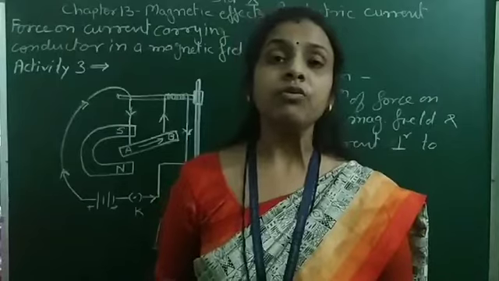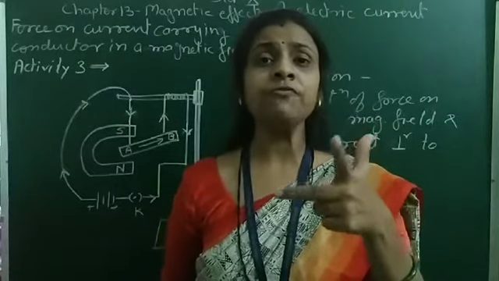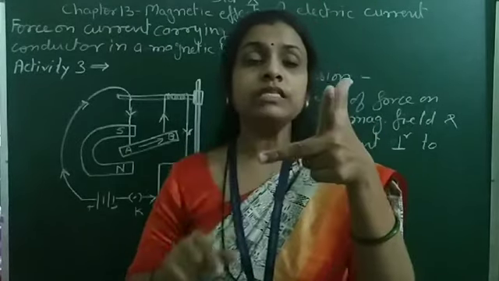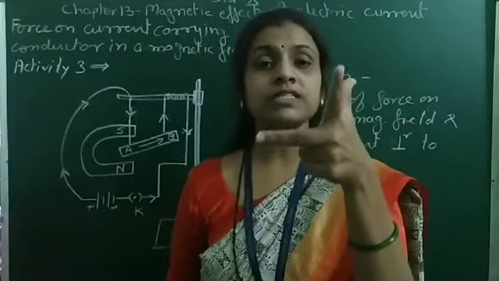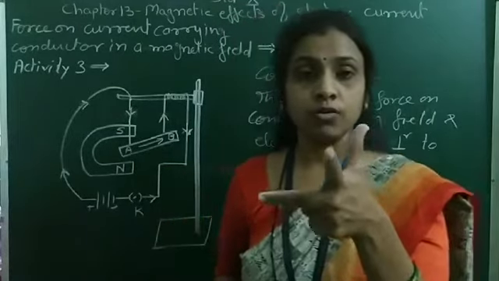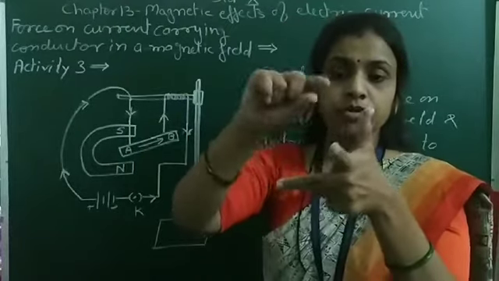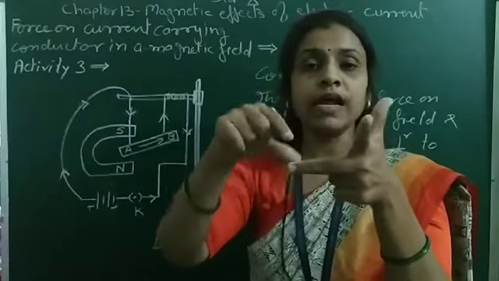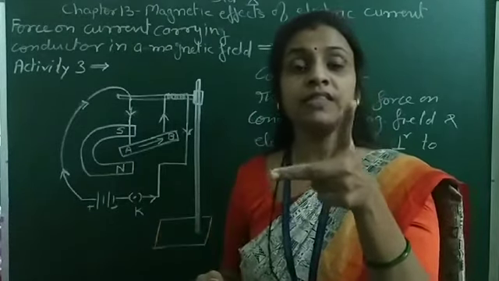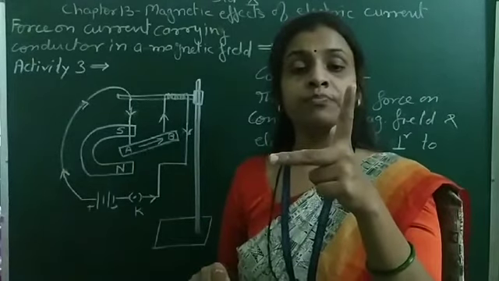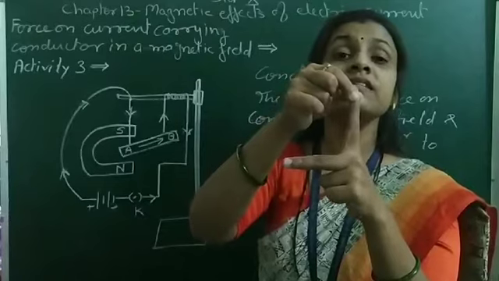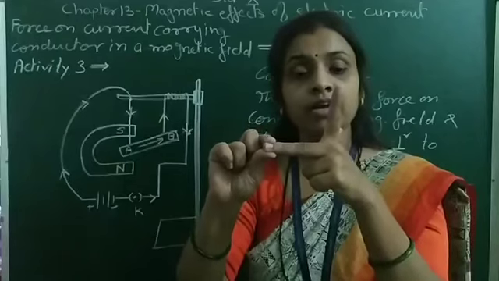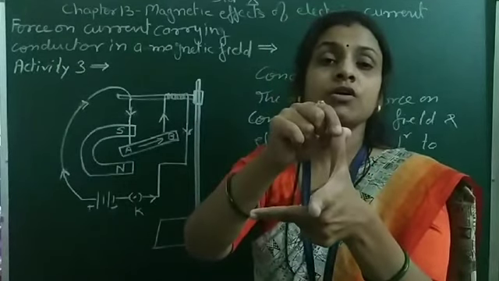Fleming's left hand rule states that if we stretch the thumb, forefinger and middle finger of the left hand in such a way that they are mutually perpendicular to each other, then the forefinger represents the direction of magnetic field, the middle finger represents the direction of electric current and the thumb represents the direction of force, like